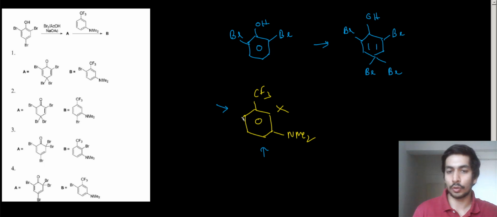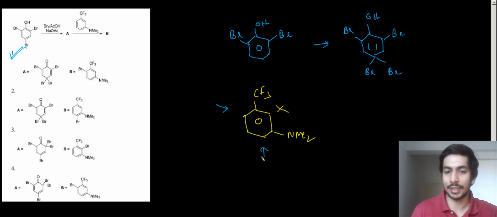And NMe2 is both an ortho and para directing group. So technically speaking, over here the CF3's inductive effect will not be that strong, but because this is NMe2 and because of the steric hindrance in this case, there will be a lot of bulkiness around this NMe2. That is why this position will be more open to the reaction as compared to NMe2, right? This position over here will be more open to the bromination. So that is why in this particular case the bromination happens from this side. Like I said, the nucleophilicity is greater over here, but because of the steric hindrance.